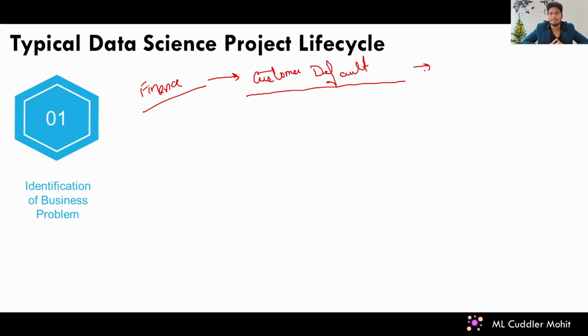Now every company, every bank, before giving a loan to a particular customer, does all this modeling part. They will have the probability that this customer will default on a particular loan or not, right? So this is one example from finance. Let's take another example from retail. Simple example, let's say